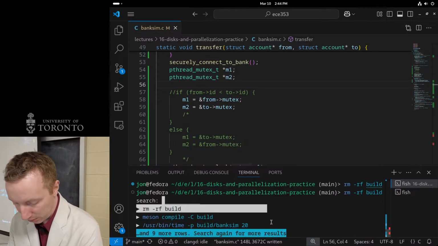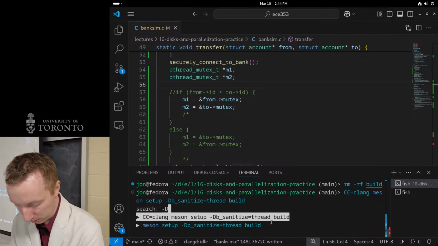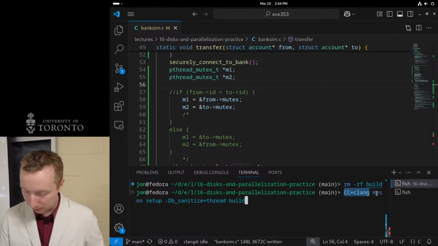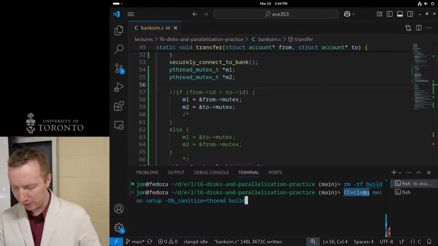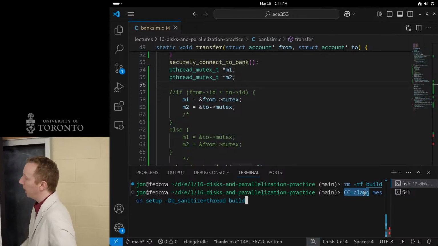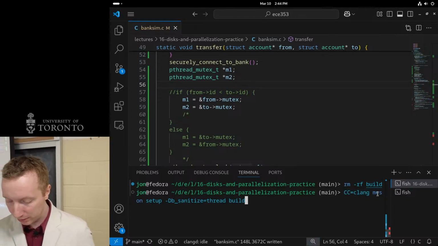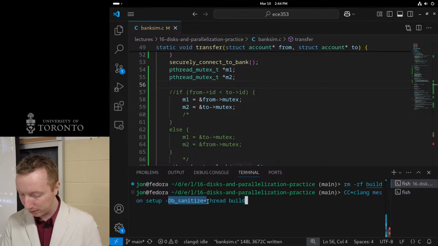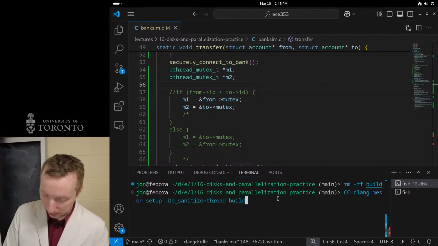So how you do it is, on this, we have to make sure we use the Clang compiler. You can use it with GCC, the default compiler, but you have to install some other packages. But how you do it is we use Meson. You can set it up and then add this flag. So this is a -D, that's a define flag. So there's something called -Dsanitize=thread.